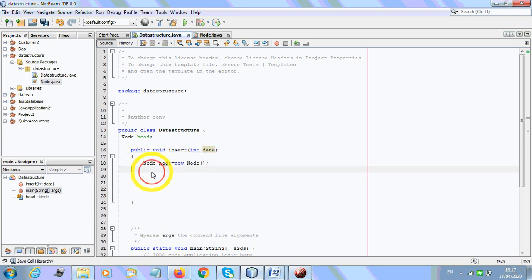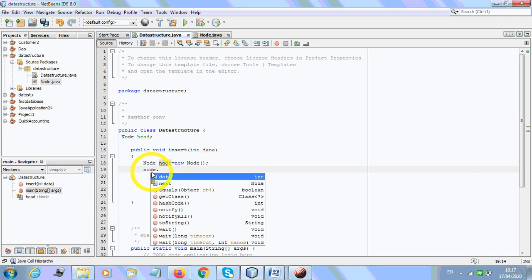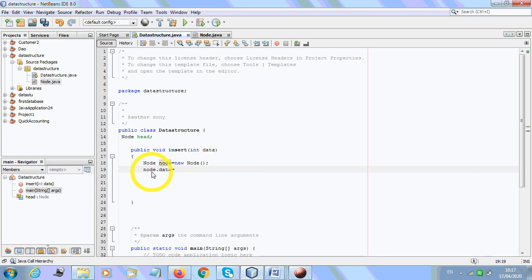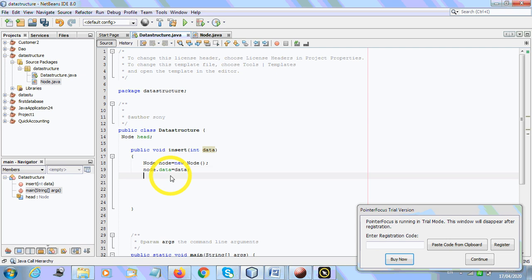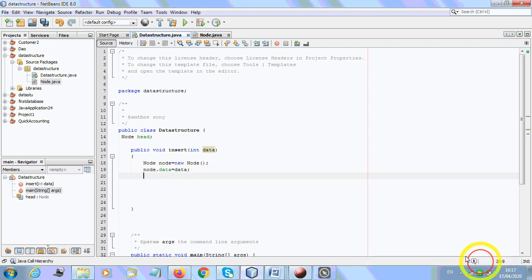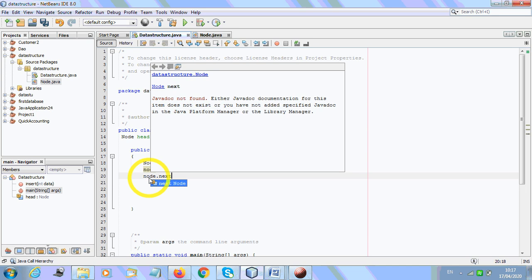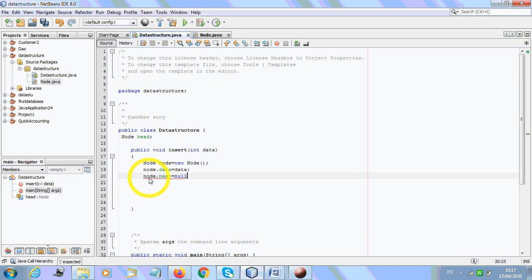So what we'll have to write: node object dot data is going to store what? Data. This data will be stored in this node's data itself. What about node dot next? We are going to store null. Initially we didn't have any kind of address in this next.